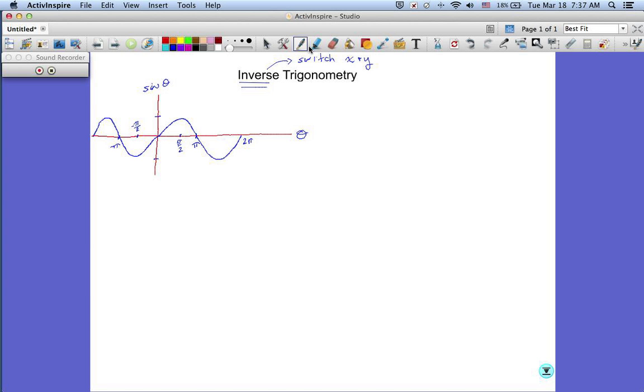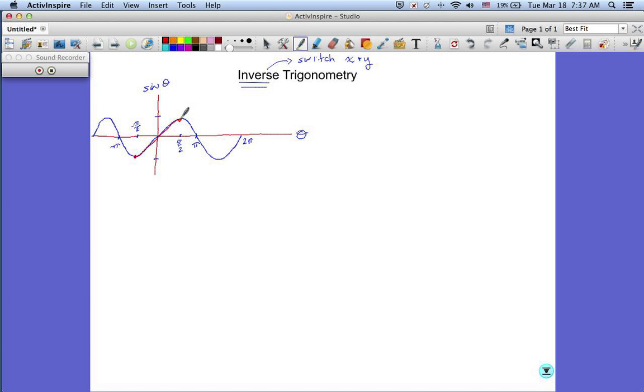Well, in order for an inverse to be a function, similarly to a function that has to pass a vertical line test, the inverse must pass a horizontal line test. Clearly, this does not pass a horizontal line test, right? I hit it once, twice, 3, 4 times sometimes. Okay? So we need to restrict this function so that when we do look at the inverse, it does pass the horizontal line test. And one of the ways to do that is to start here at -pi/2